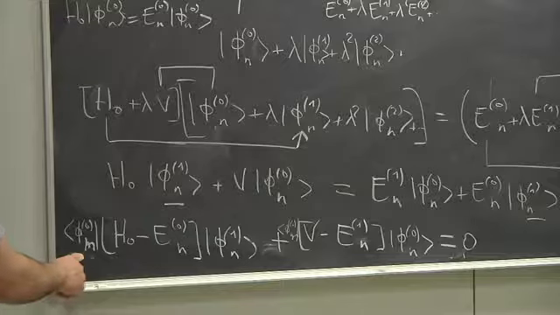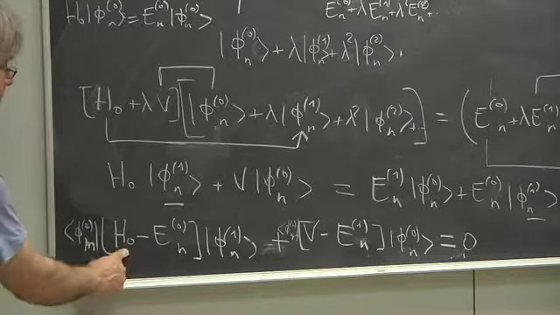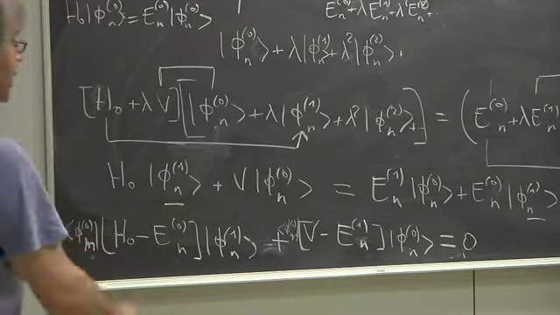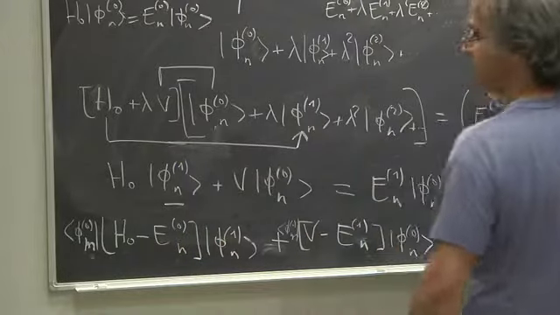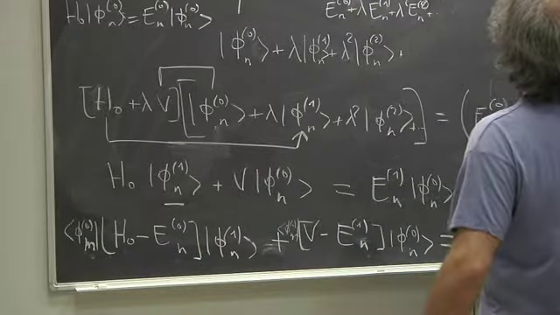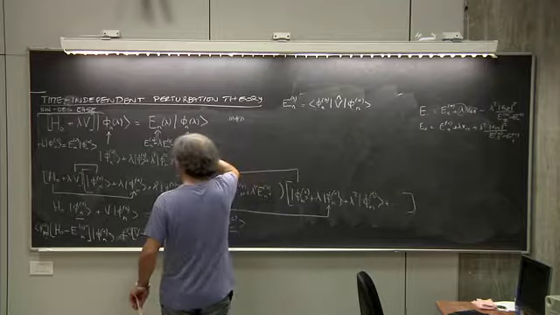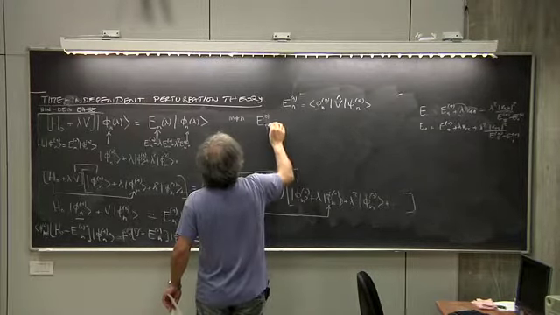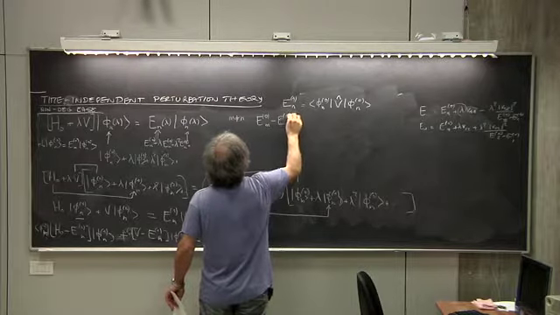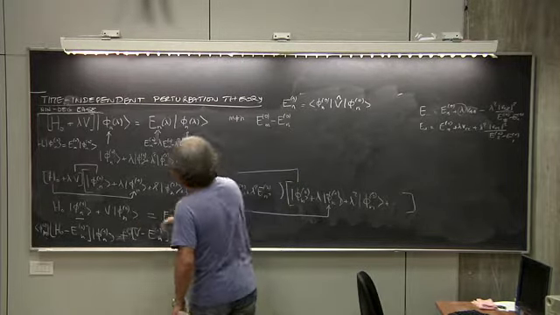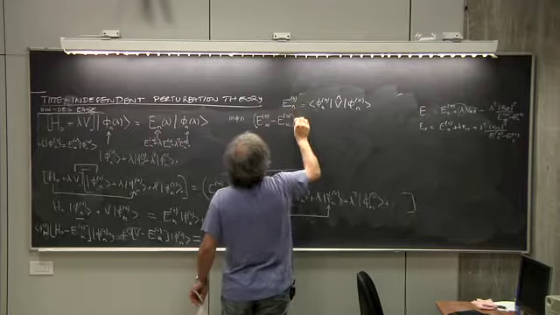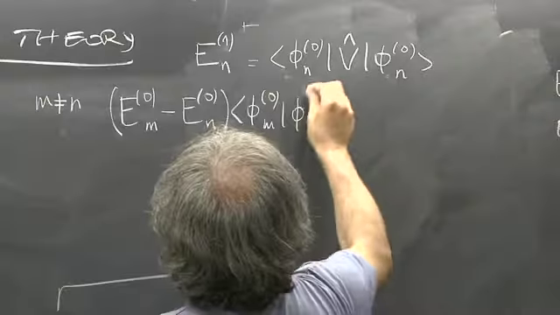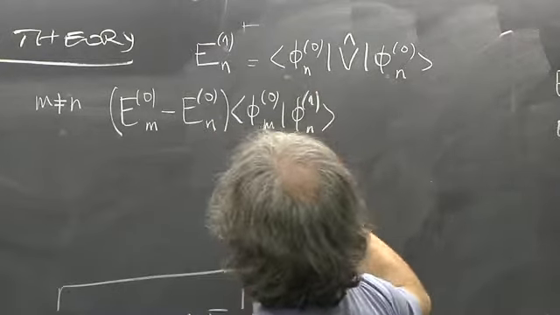This is equal to E0m minus E0n. Okay? So I can just rewrite now that for m different from n, I do have that E0m minus E0n times the m component of the first correction state